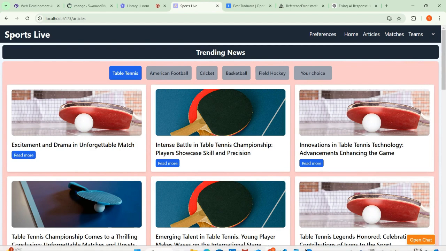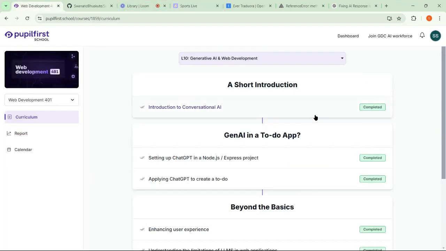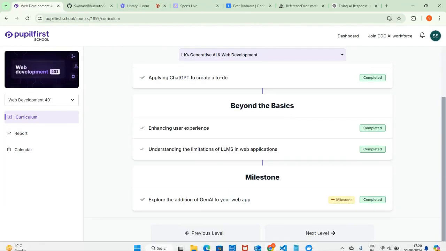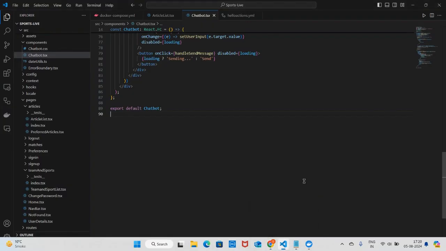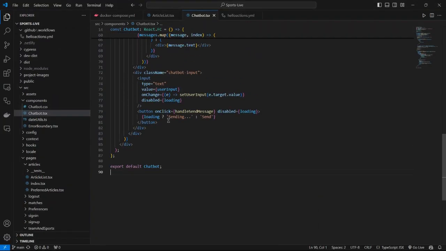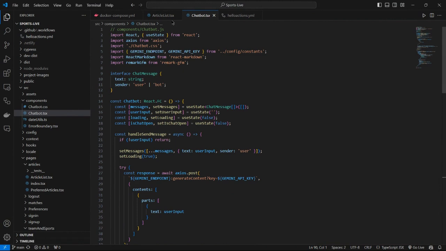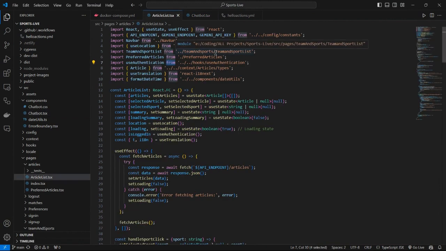So I will show you how I integrated it. Let's go to the project and I will show you how I integrated AI in my project. Basically, I have implemented a basic chatbot that will help users resolve any doubt, like any sports related doubt. If they want to know any sports related concept, because the theme of my website is